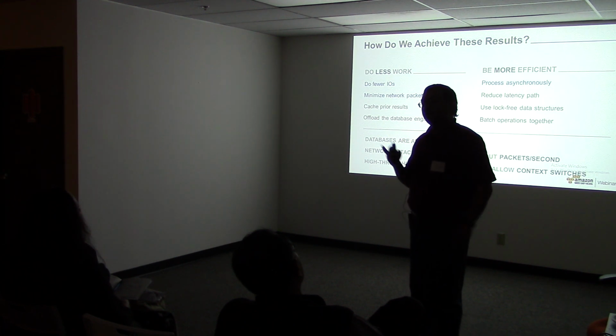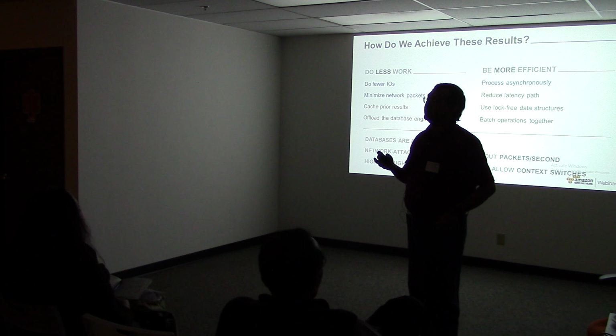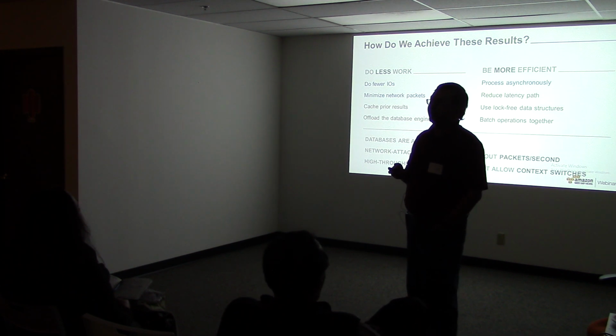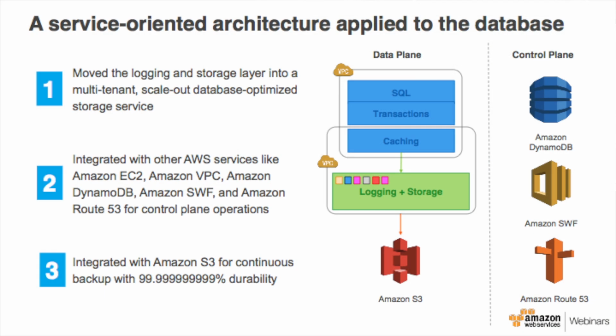So there is not one thread waiting for the other one. They do their job, wait for the response to come back so that you can use your cores a lot more effectively, right? Those are, I think, the two fundamental innovations in Aurora that I'm going to talk about. So in order to understand how we do that, it's important to understand the Aurora architecture a little bit,